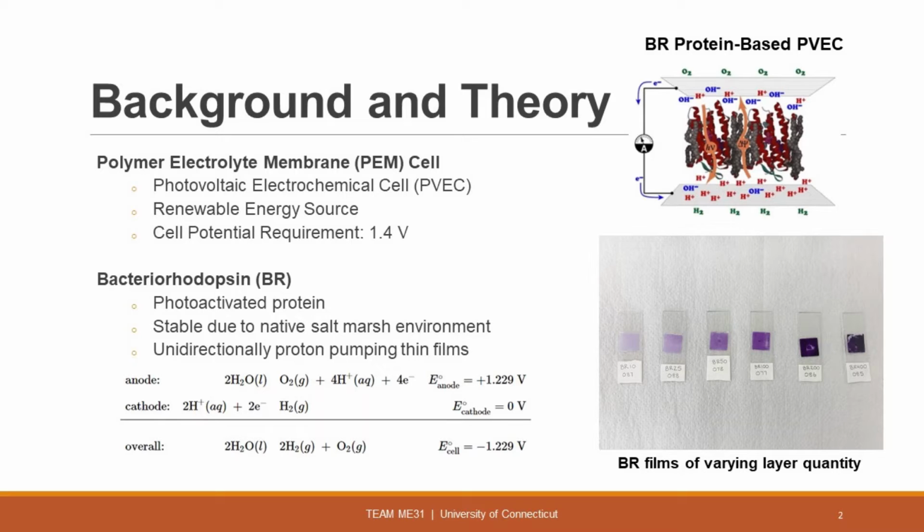Bacteriorhodopsin, or BR, is a light-activated protein found in the purple membrane of Halobacterium salinarium. Due to its native salt marsh habitat, BR is characterized by high levels of thermal, chemical, and photochemical stability. As such, BR is capable of withstanding temperatures up to 80 degrees Celsius and salt concentrations roughly 5 times that of seawater. Additionally, when exposed to sunlight, a photocycle is initiated during which BR translocates a proton across the cell